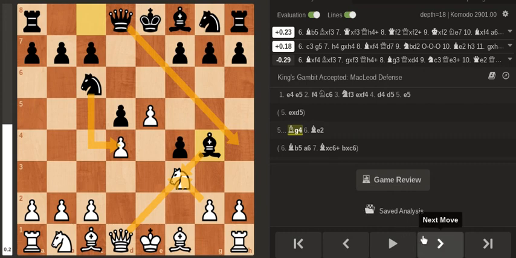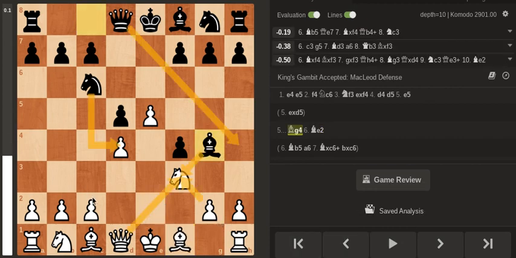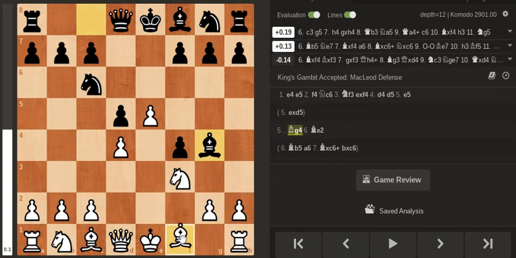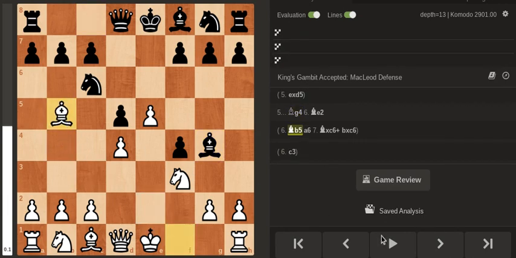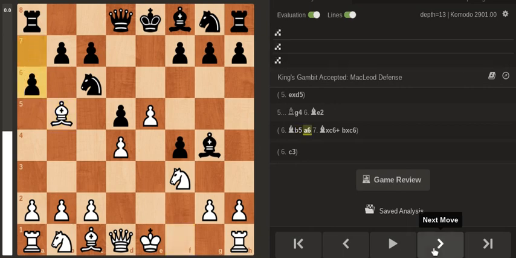So there are a few ways to meet this threat. I chose bishop e2. I could have also played c3, but the best move in this position by far is bishop b5. But I didn't like this because, well, after a6 I kind of had to take the knight, and